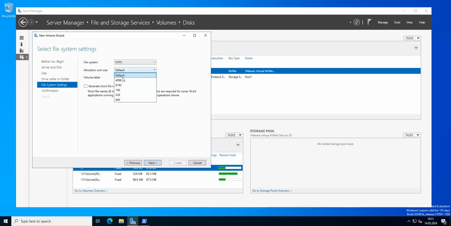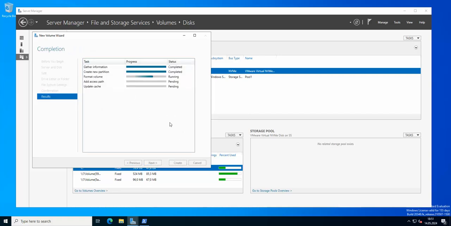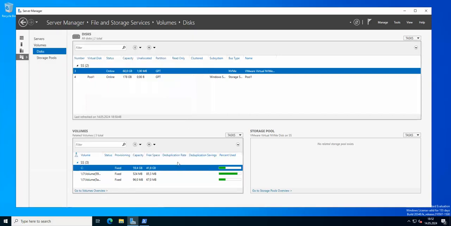Allocation unit size, if you want to change it, I'm going to leave it on default, and a volume label, which I'm gonna just call storage data. And now we are gonna create the volume,